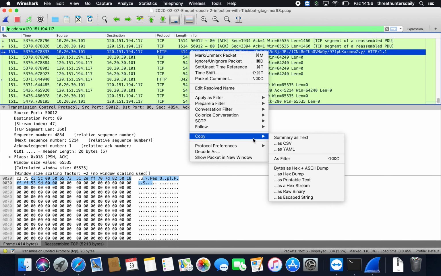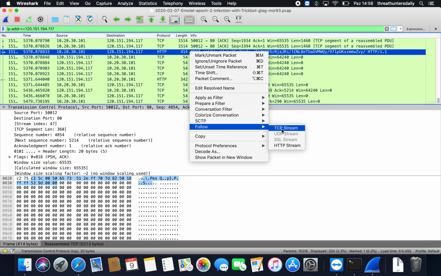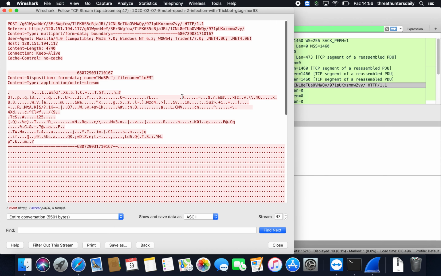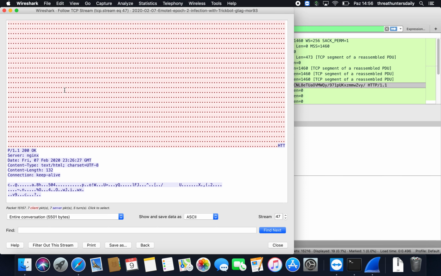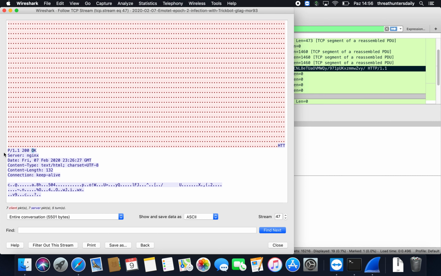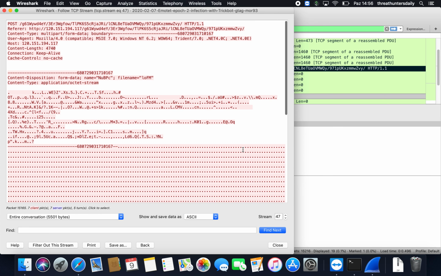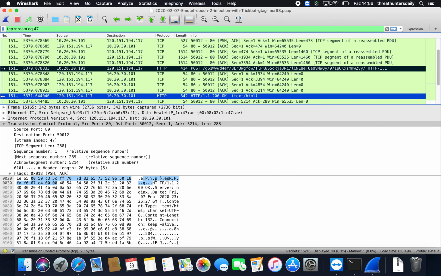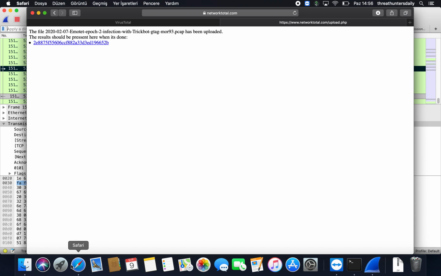So if you follow this session, let's do HTTP stream. We are seeing a post request with text stream content type, and we got an OK response with a weird HTTP header. Let's open the